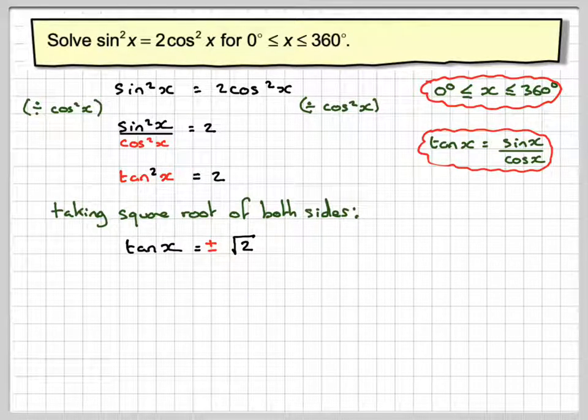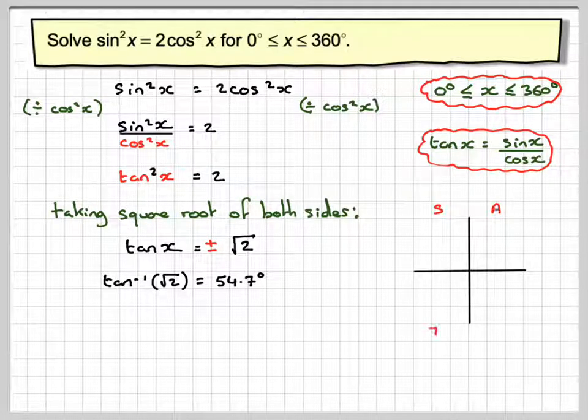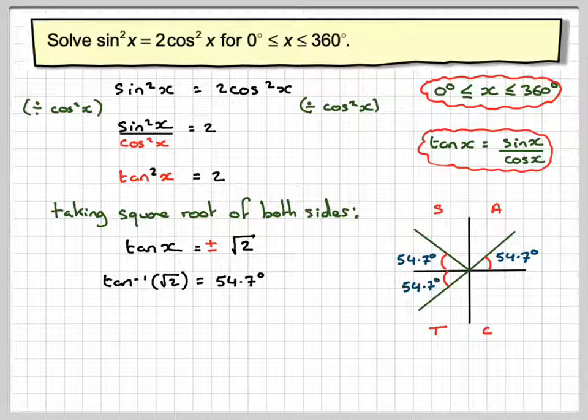Now, ignoring the fact that it's plus or minus, just do tan to the minus 1 of root 2 on your calculator and you'll get 54.7 degrees. Draw your CAST diagram. Now, because it's plus and minus, the angle has to occur in all 4 quadrants. So draw an angle, each angle with the x-axis, so 54.7 degrees,